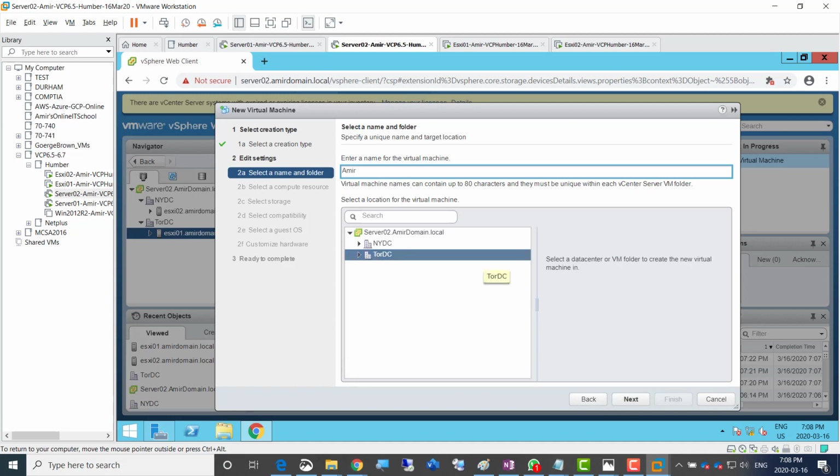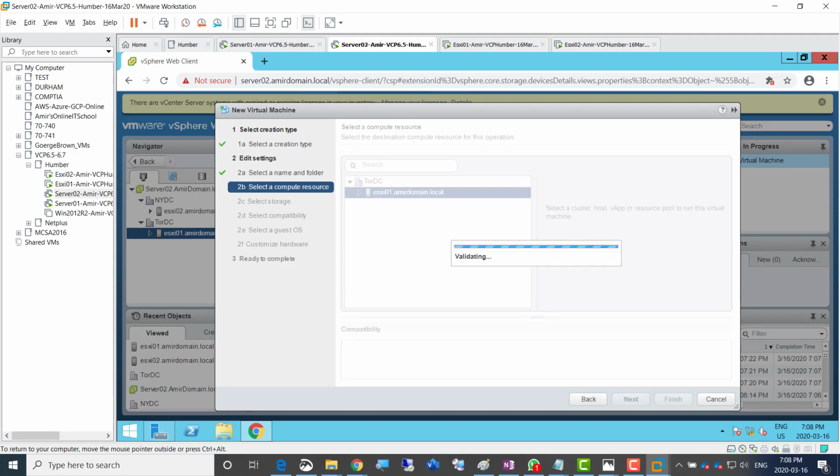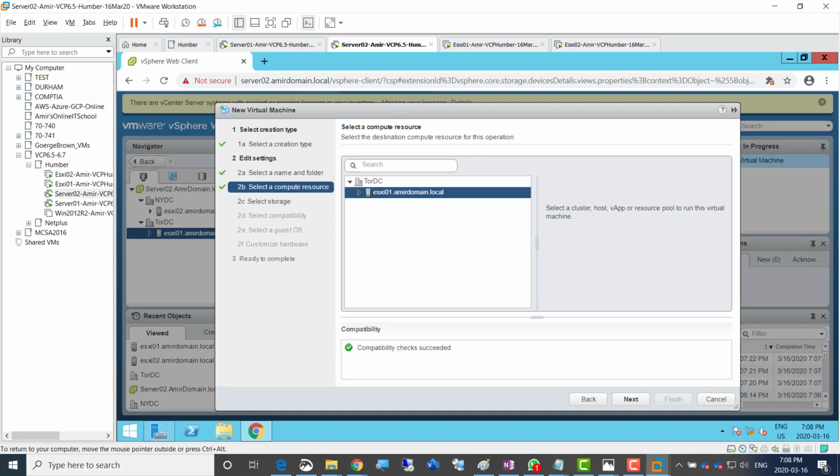So the name, VM02 we created there, although we don't have actually one here in this environment, so 1 is okay. VM01. Next, Tor DC is already selected, and it is only Esxi1. It will use the compute. Compute means processor and RAM. Next,